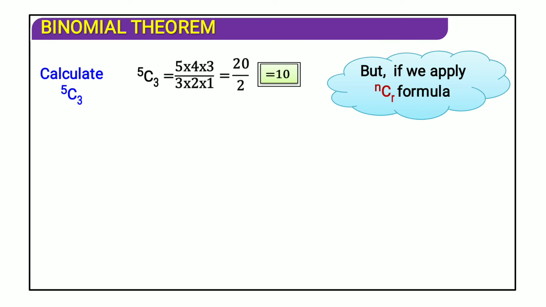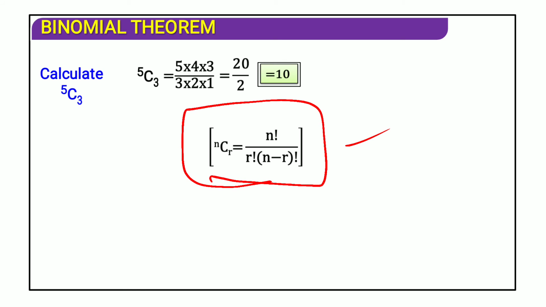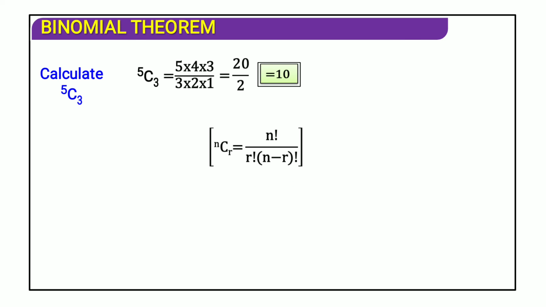Why is this happening? We can use the formula of nCr, and the formula of nCr is this thing. It's so easy to retain. We already did this, so I'm doing it at a good pace. It's a quite easy formula, that is nCr equal to n factorial upon r factorial (n minus r) factorial. So 5C3 is 5 factorial upon 3 factorial into 2 factorial. So it seems to be 120 upon 6 into 2. Why so? Because 5 factorial means 5 into 4 into 3 into 2 into 1.